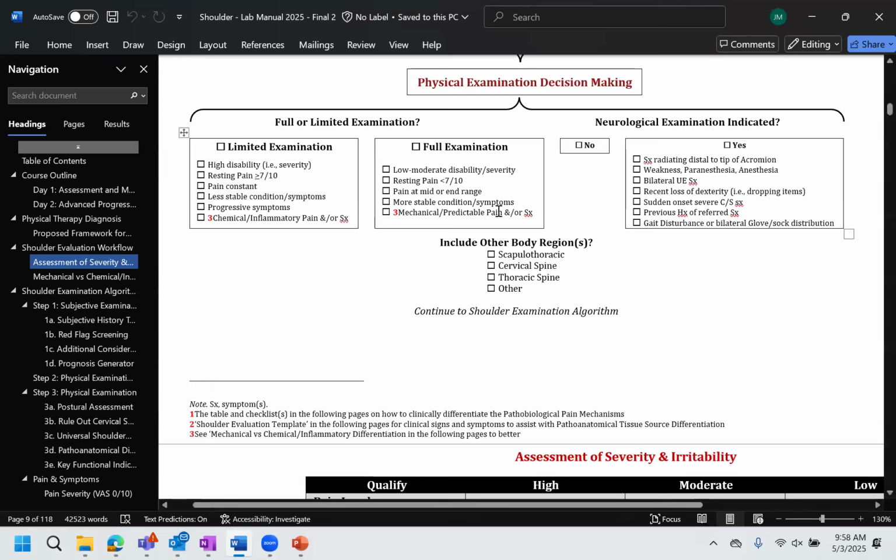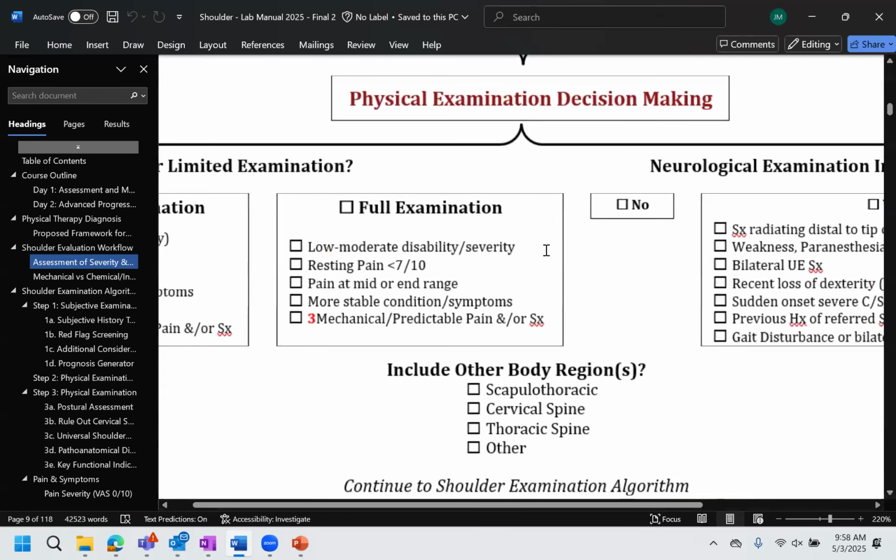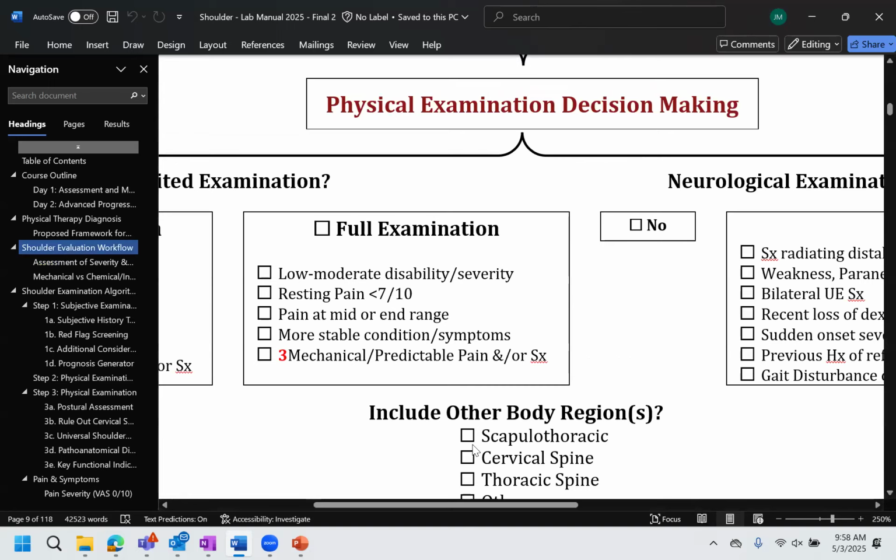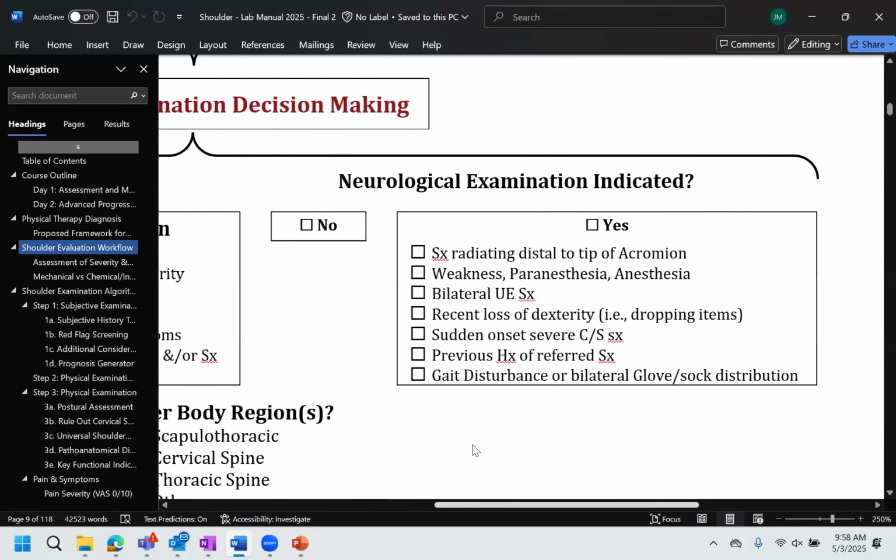Within our residency right now, I'm big on talking about how you shouldn't have to be guessing on your neurological examination. If any one of these 7 things apply, then yes, a neuro screen needs to be conducted. And it's not like, maybe I'll just do myotomes or maybe I'll do my dermatomes. No, if you're going to do it, do it all the way through. So if you have symptoms radiating distal to the acromion, weakness, paralysis, or any paresthesias or anesthesias that they're talking about, bilateral upper extremity symptoms, recurrent loss of dexterity, they complain of dropping items, not because of weakness, but they can't